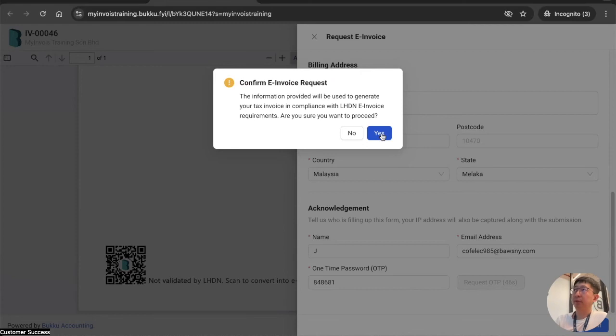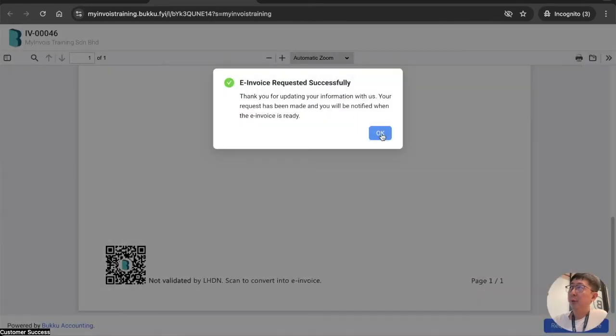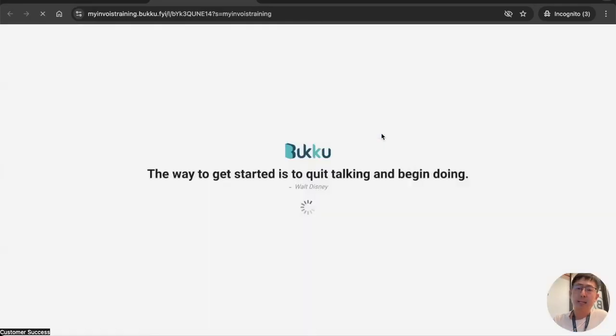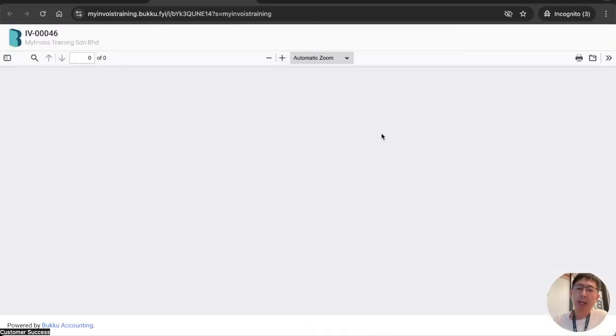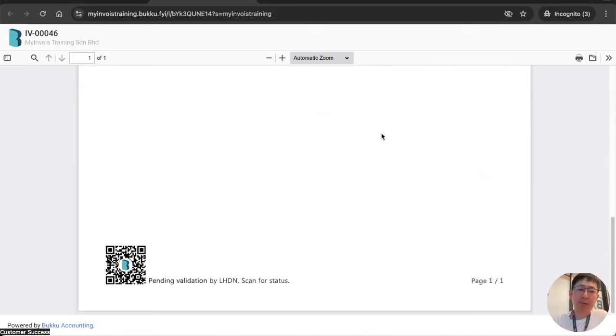If your customer were to click on this yes button, there will be a delay of up to 2 or 3 seconds, and then they click OK. This is all the real world scenario. Pending verification, pending validation. So what does it mean? It's taking a bit longer for LHDN to actually do the validation. Okay, best case scenario, the customer can see a validated